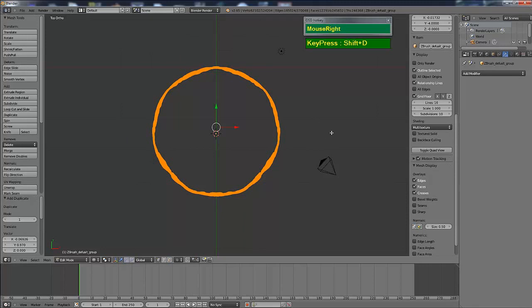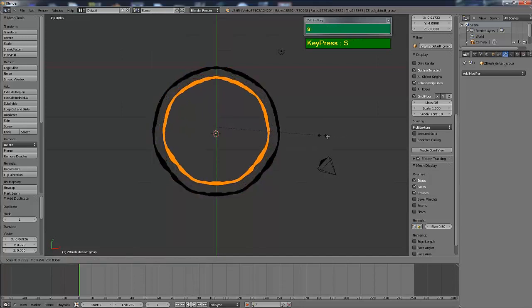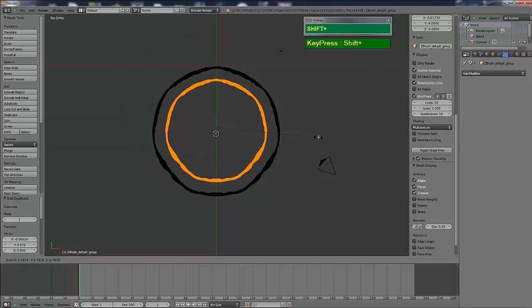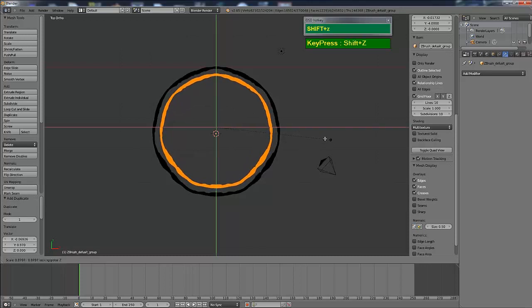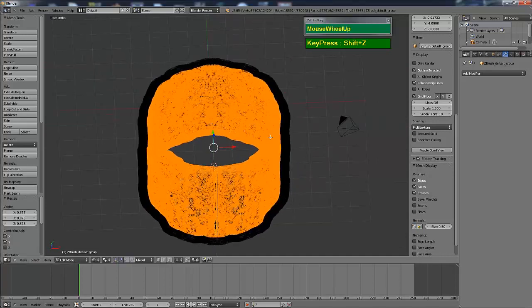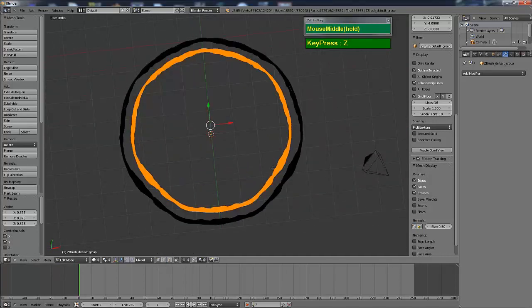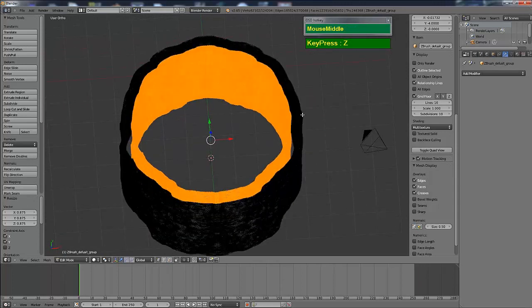Then press scale, but if you scale this, the top and bottom will be scaled down as well. So press Shift Z so that you scale only in the X and Y axes without affecting the height of the cylinder. Scale it down to a rough thickness that you want. Now you have two shells, the internal and the outer shell.